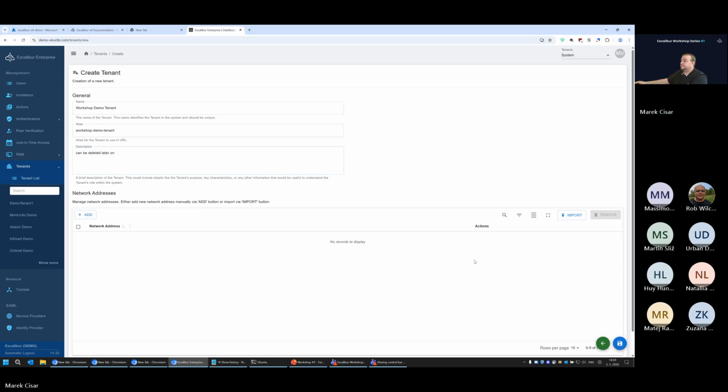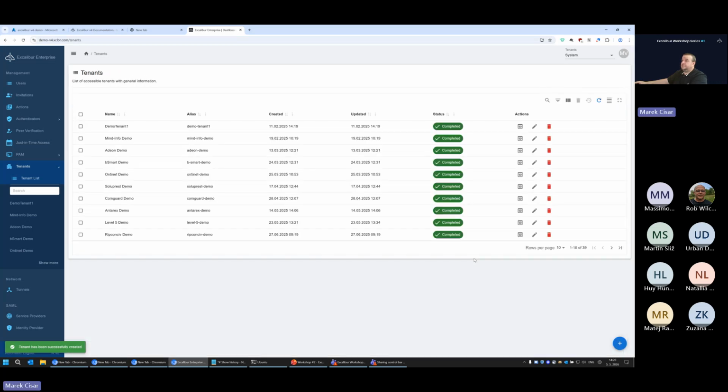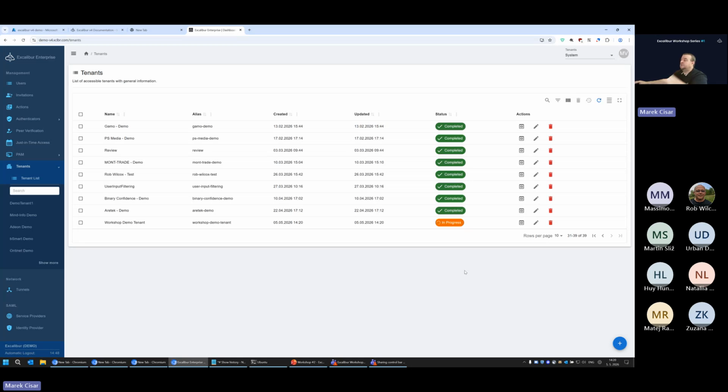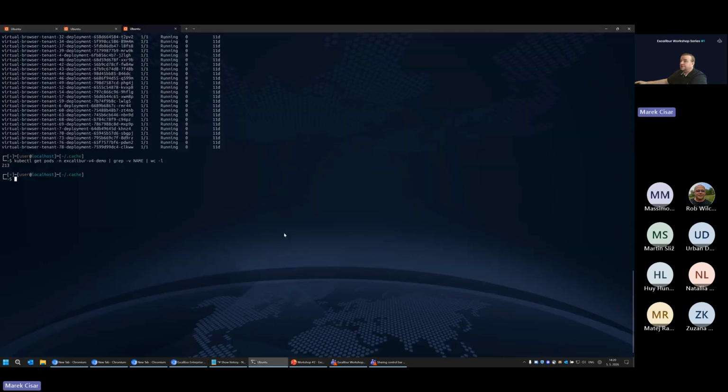Tenant has been created. Let's check. It should be located at the end of the list. There you can see the information. It is in progress. That means those dedicated tenant components are being created on the cluster. Okay, it is already completed. So let's check again the number of running pods. And here you can see the difference. Now it is 217, previously it was 213.